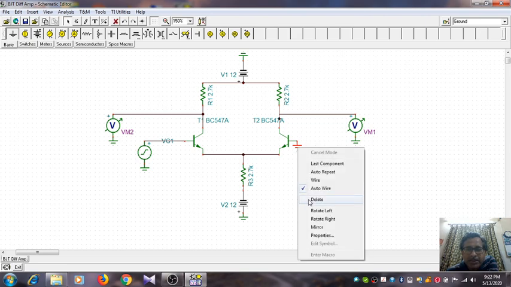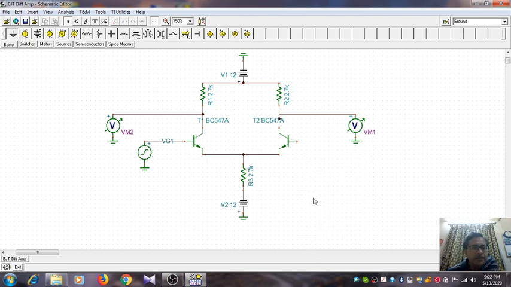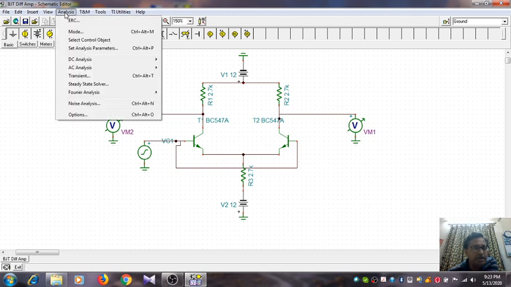So what we can do, we first remove this ground connection, and then put the two bases connected together by means of a wire. Okay, so in this form we can put the two bases together. Next, carry out the experiment, the AC transfer characteristic first. Ideally it should be 0, but we will not get that because of practical constraints. So we will get some voltage value, not 0 as in the ideal case.